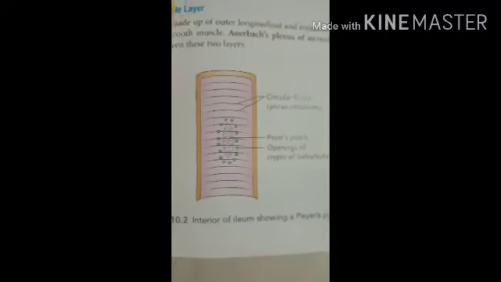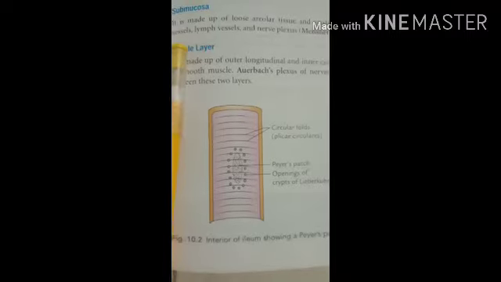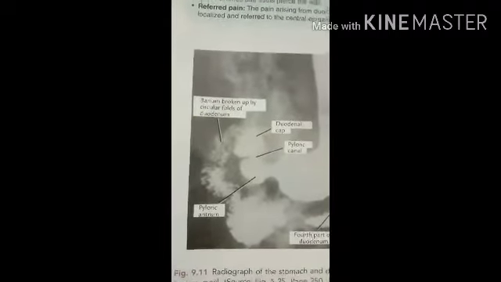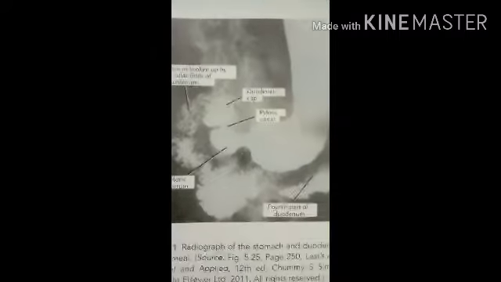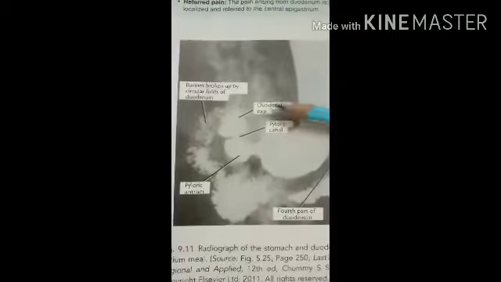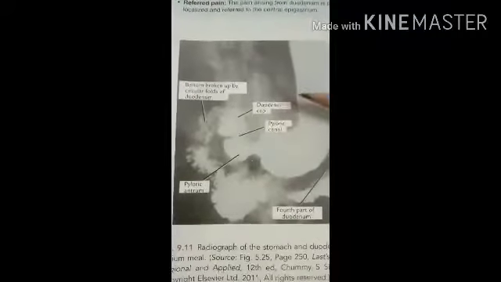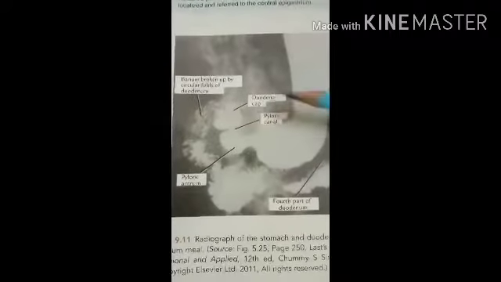After that we should see the clinical anatomy, or applied anatomy. So the first clinical point is in this skiagram, that is the barium meal x-ray. Skiagram means barium meal x-ray. In the image, the first part of the duodenum is seen as a triangular shadow called the duodenal cap. So here you can see this one, and this is the stomach.